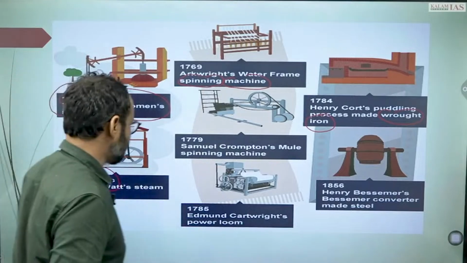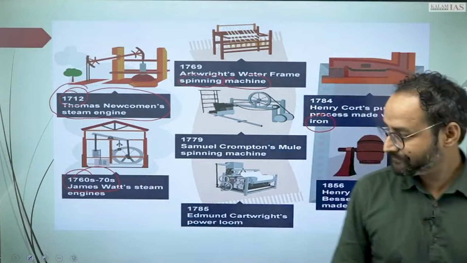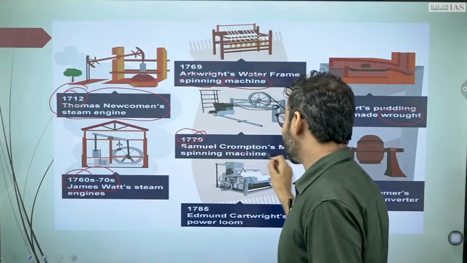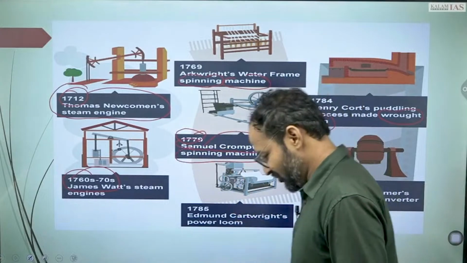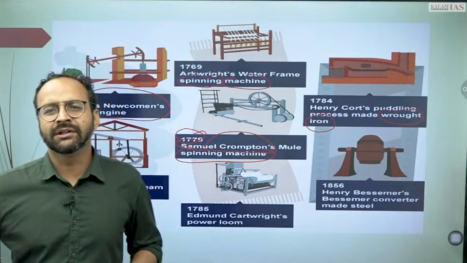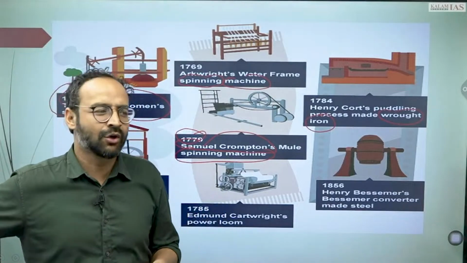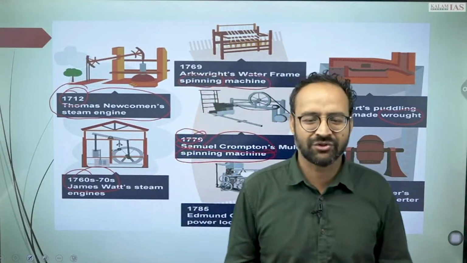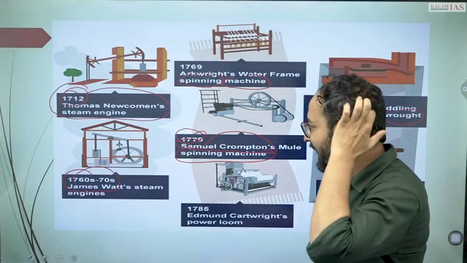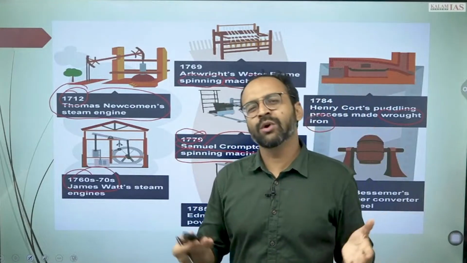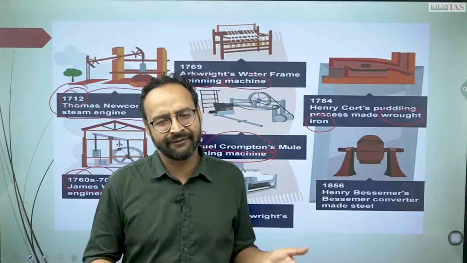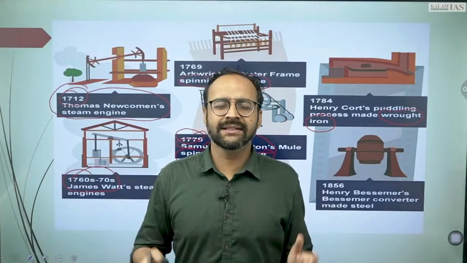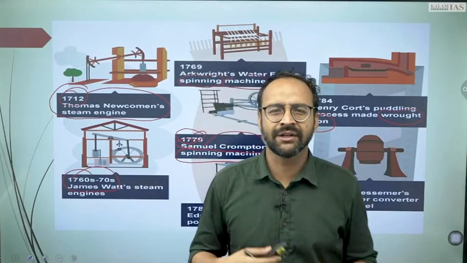1760s we have James Watt's steam engine coming up, and 1779 we had Samuel Crompton's mule spinning machine. Before this, the production, the manufacturing of clothes was not scalable. Means there were only few people here and there who were doing productions. But after the spinning machine came in 70s, and the raw material was coming from India and African colonies and Southeast Asian colonies, it kind of increased the scale of production, and which ultimately led to more production.